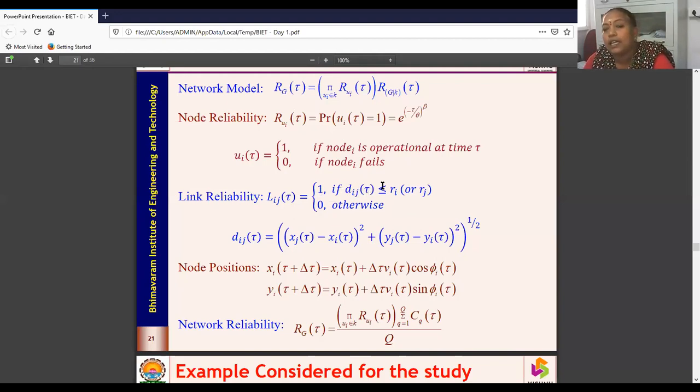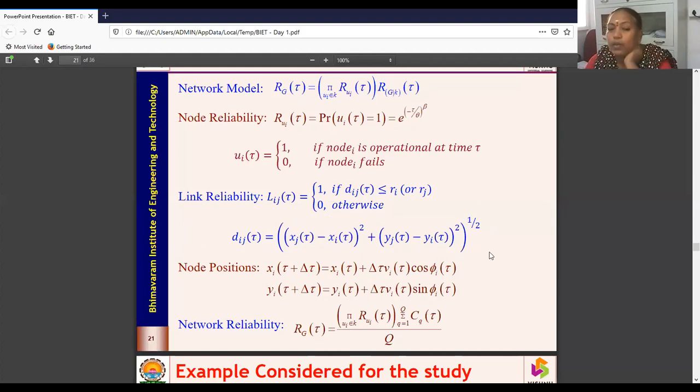The distance can be calculated by making use of a Euclidean model or Manhattan model, or any other models, n number of models; any model can be chosen. In most cases we have considered Euclidean models. So Dij is calculated using the Euclidean model. This is a two-dimensional Euclidean model, but you can have an n-dimensional Euclidean model as well.